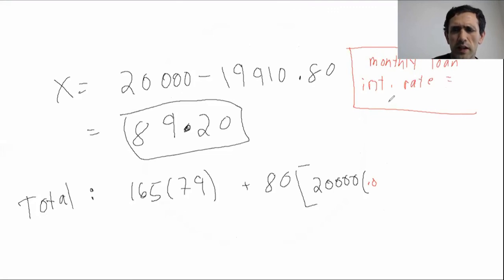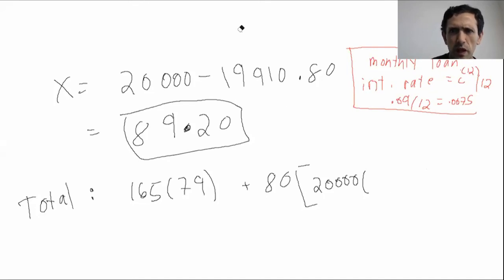Well, yeah, I just said it's 0.09. So it's i(12) over 12. i(12) is for the loan. So it's 0.0075. Okay, so that tells us how much in interest we have to pay at the end of each